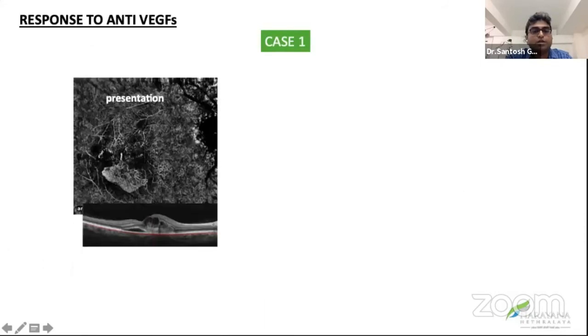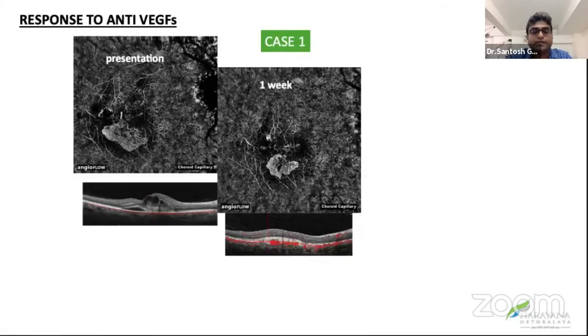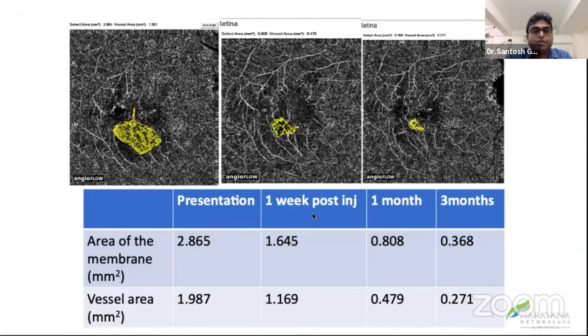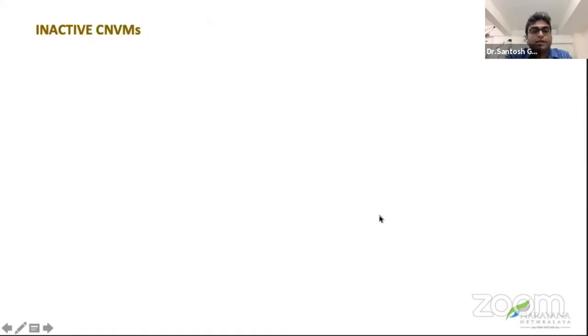So this is how a response to anti-VEGF happens. The vasculature contracts, and once the vasculature contracts, it looks like a dead tree appearance, but the OCT-B scan needs to be adjusted to see where exactly the lesion is lying, because obviously the volume comes down. So again, we can map the size of the lesion and we can compare.